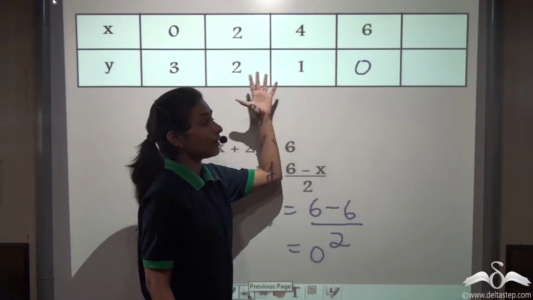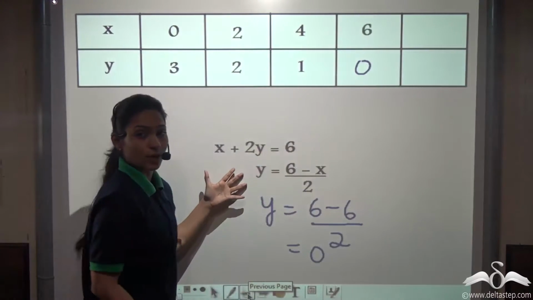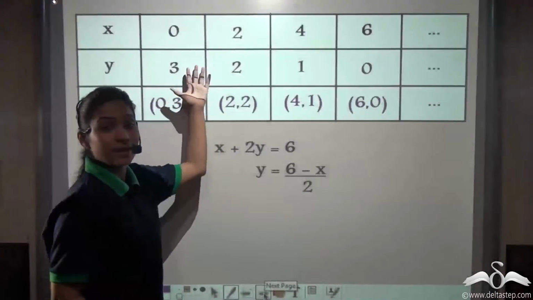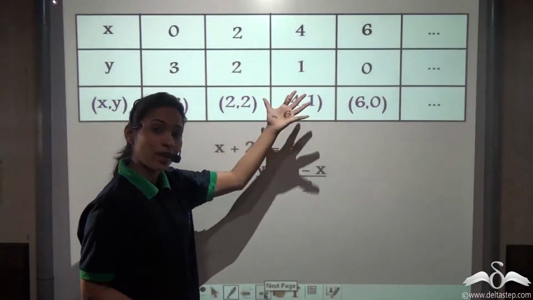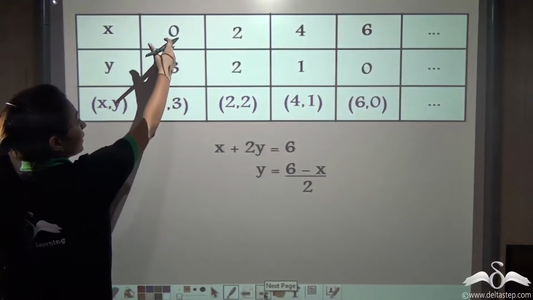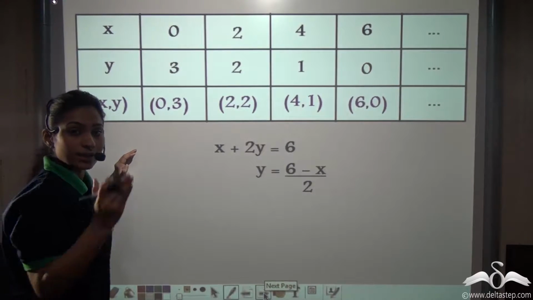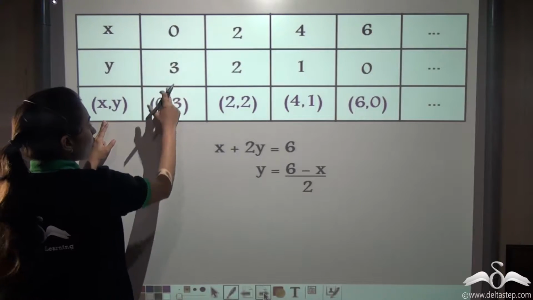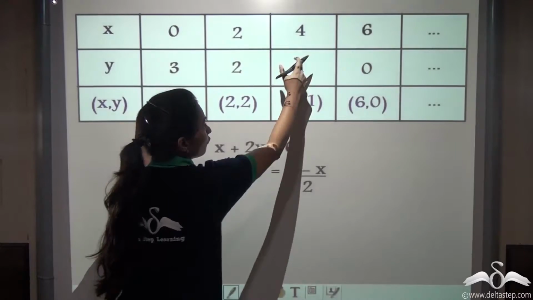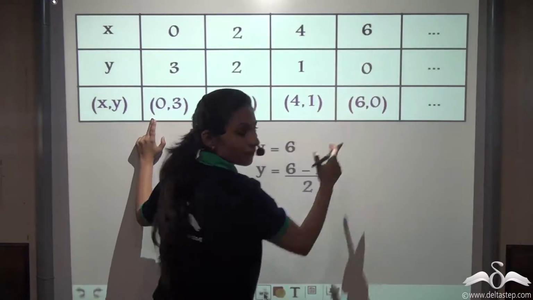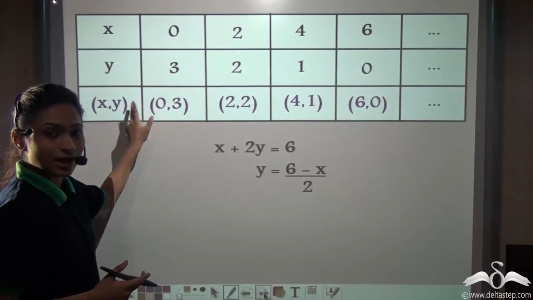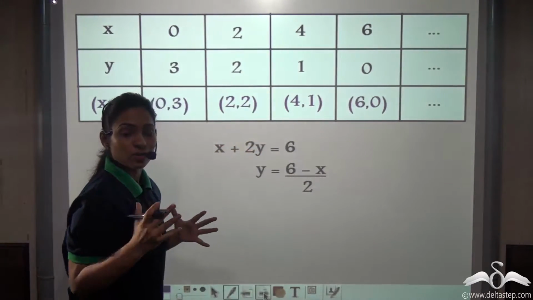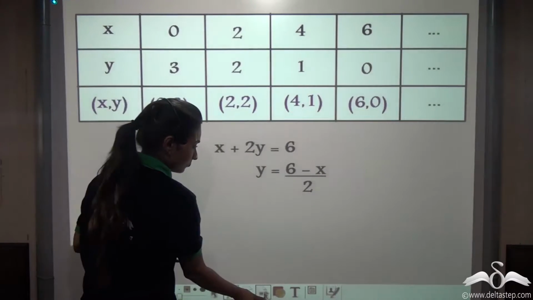Well, you can get infinitely many solutions for this equation if I go on taking such values. So let's stop here. For many other values of x, you will get the subsequent values of y. So if I write them in the form of x comma y, that is, the points we have to place on the graph paper, what do you get? (0, 3), (2, 2), (4, 1), (6, 0). You know that the x coordinate is placed first and then the y coordinate. Now we have got the coordinates we have to place on the graph paper. Let's place them.